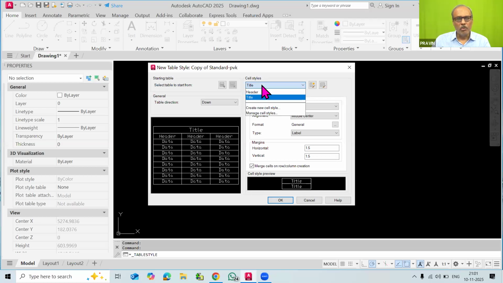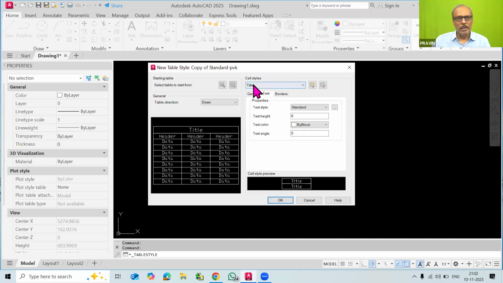So here, first of all, we have to go with the title. But in the title, you require the text. So this text style for the title, you have to remember that. You could check here and make that style 1. So this you can make. And for the text height, you have to change that height to 500. You have to remember this is 500 for millimeter I am talking about. So those two changes we have to make. So text style is equal to style 1 Arial and the text height is 500. This is for our title.